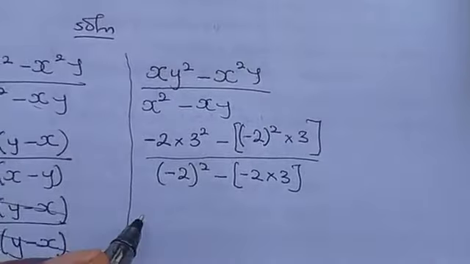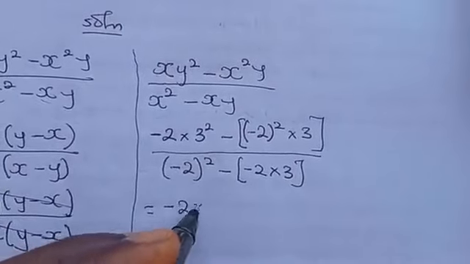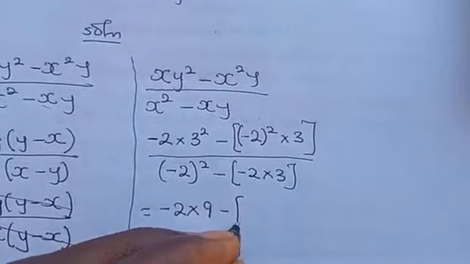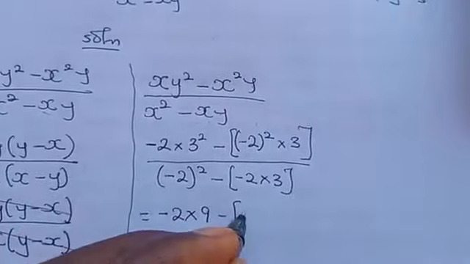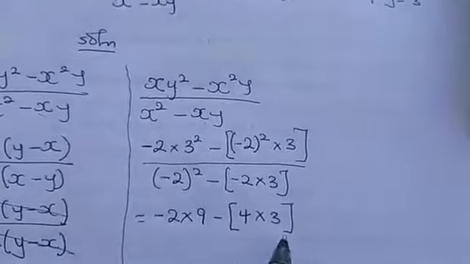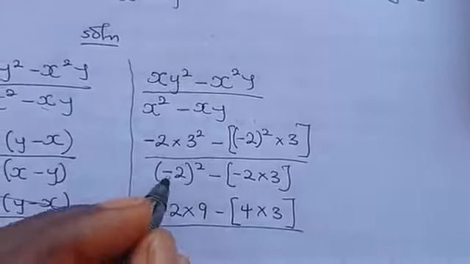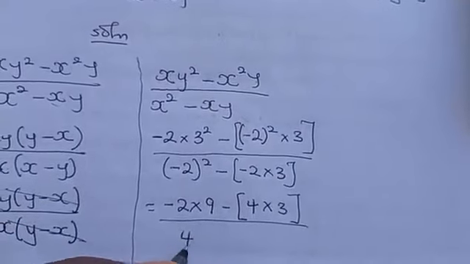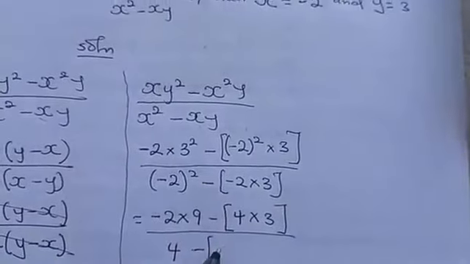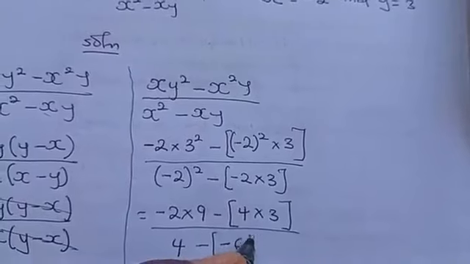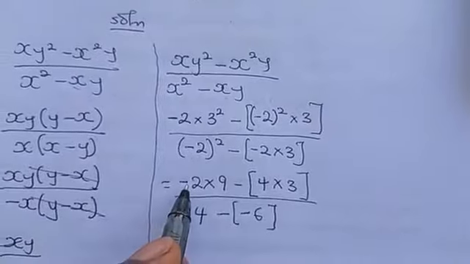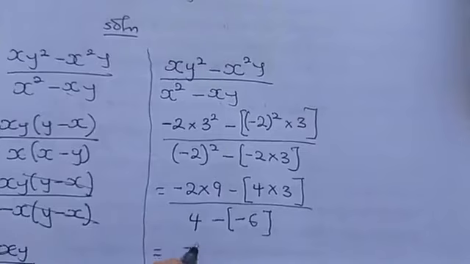So solving further, we have minus 2 multiplying 3 squared, which is 9, minus 2 squared, we have 4, multiplying 3, all divided by minus 2 squared is 4, then minus 2 times 3, we have minus 6, and that's equal to minus 2 times 9, we have minus 18,